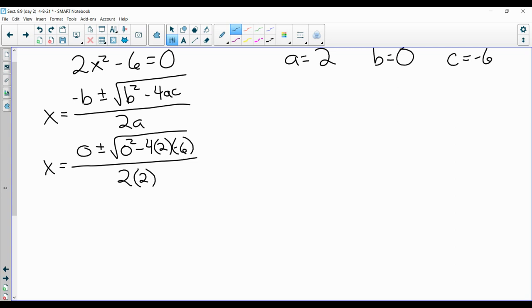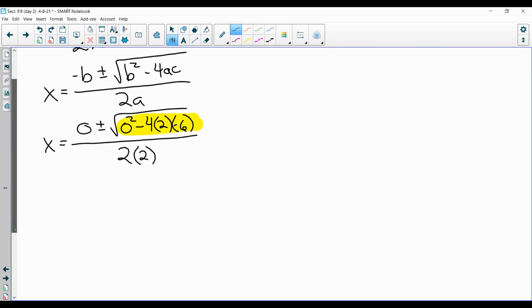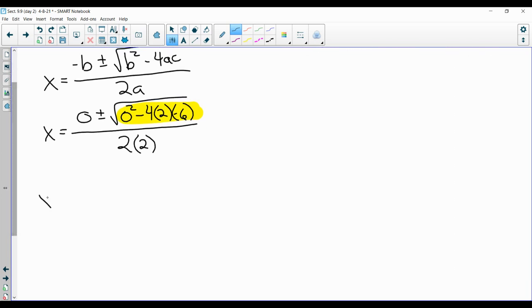So really, it's not too bad because I have a ton of zeros in here. Again, find what is underneath this radical. That's the thing we're going to talk about today. It's called the discriminant. So I'm going to simplify as much as I can here. It's going to be 0 plus or minus. Somebody tell me, what do we get underneath that radical? Colin? 48. So -4 times 2 times -6 is going to be 48. So I get radical 48